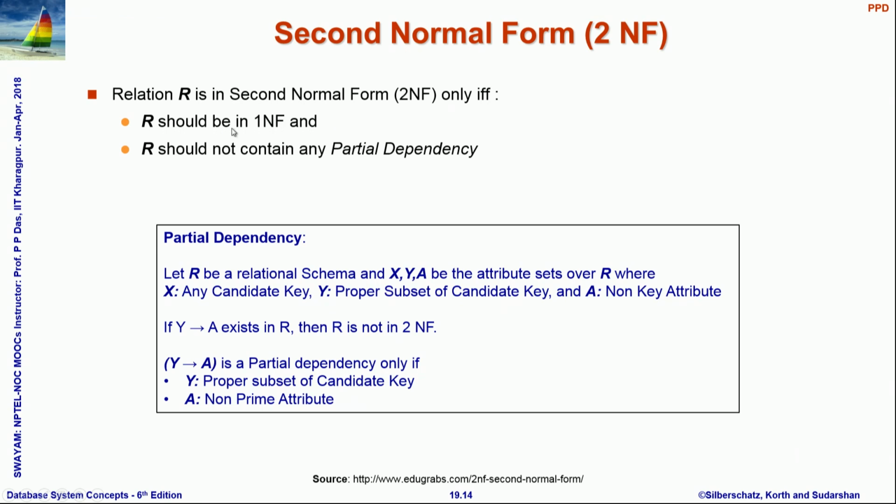In second normal form, you see that it has to be in first normal form. So, you are basically increasing the constraints. You are saying that it should not have any partial dependency. What is a partial dependency? That you cannot have a